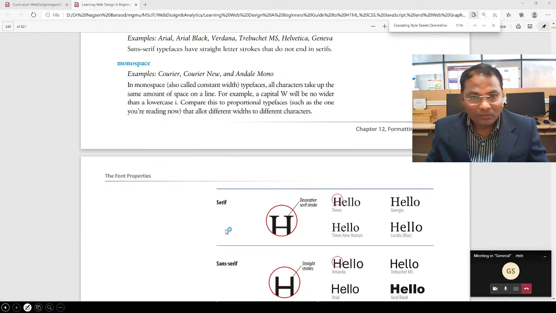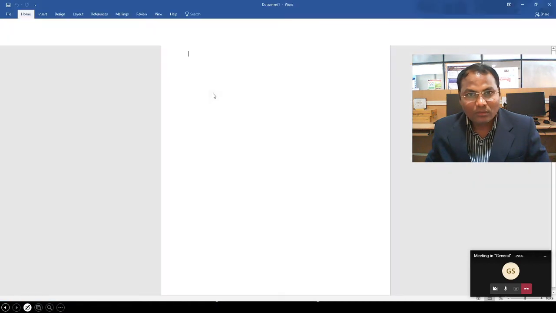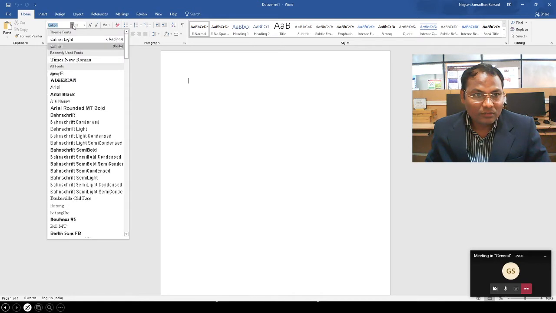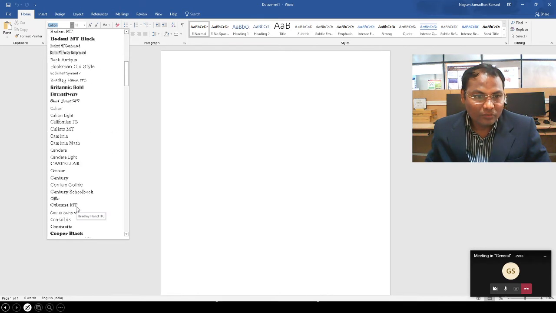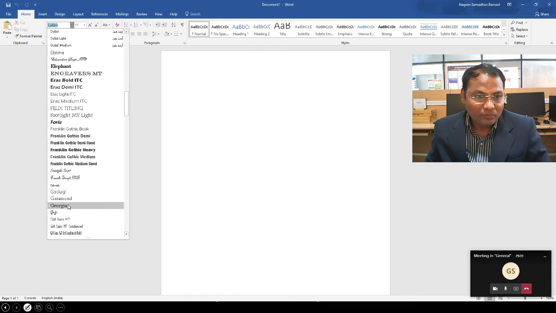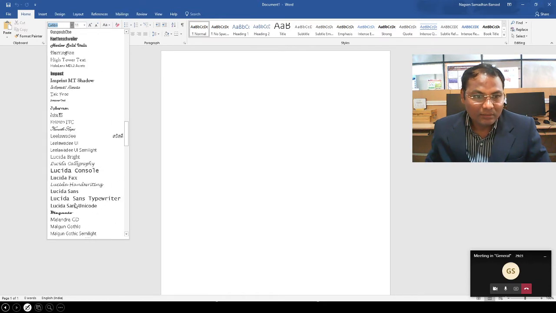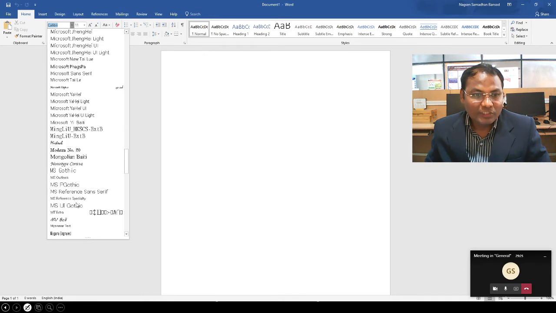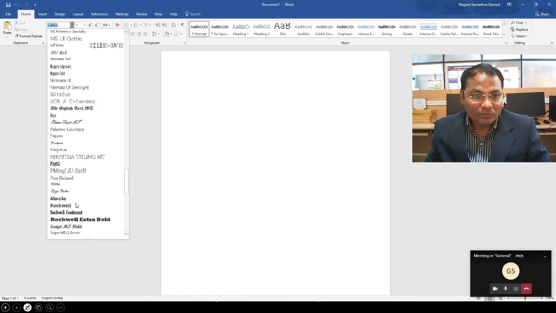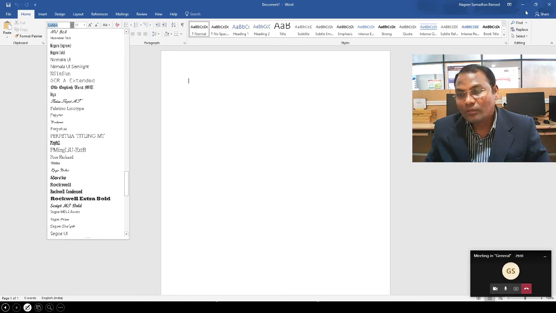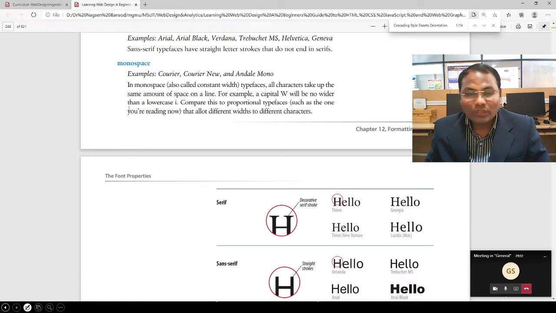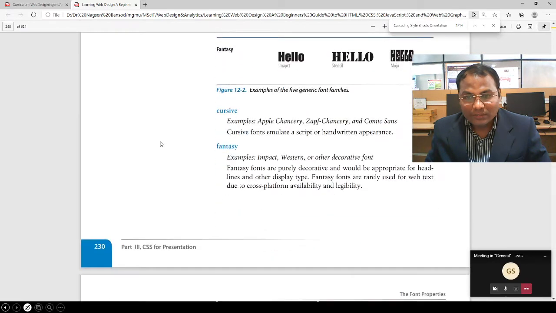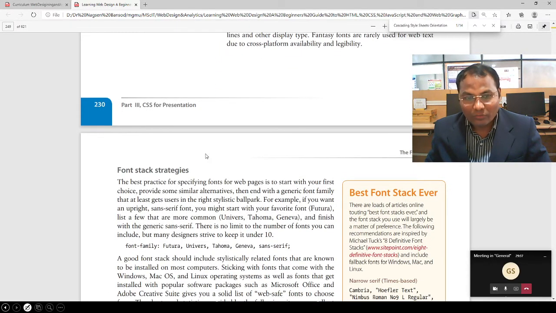Suppose we go here, you see fonts like Times New Roman, Arial, and many more fonts which we consider to display in the browsers. To display the font in the browsers, we have to follow all these rules. We have to design our font.